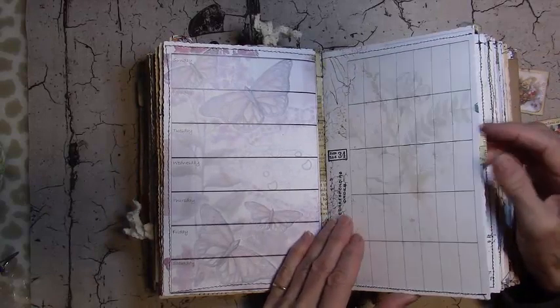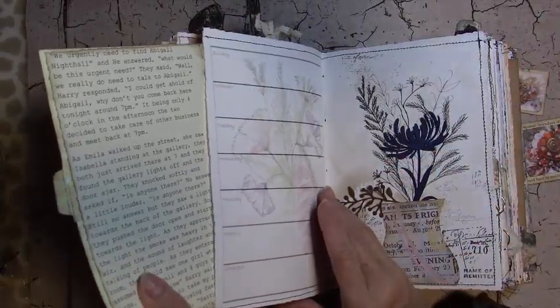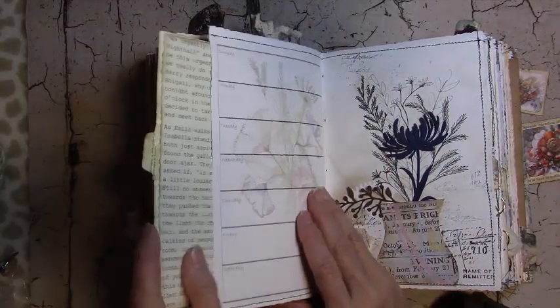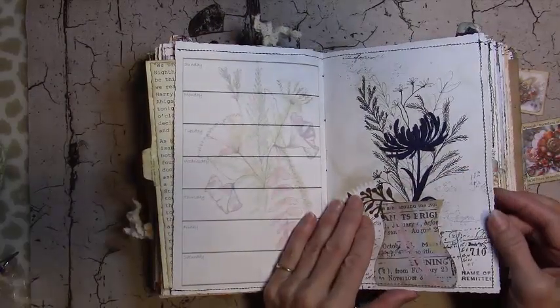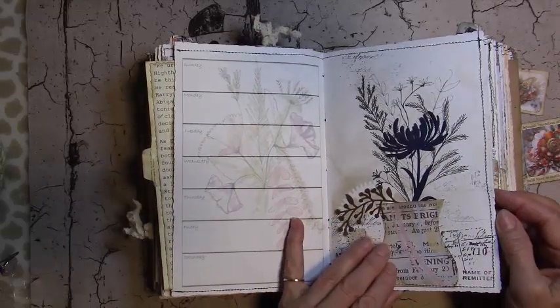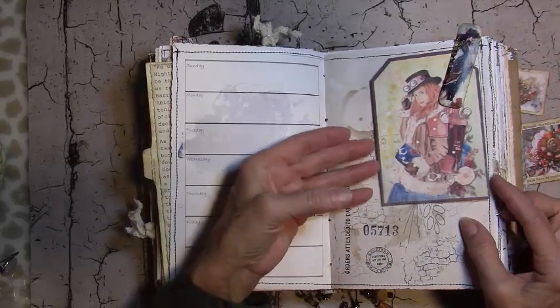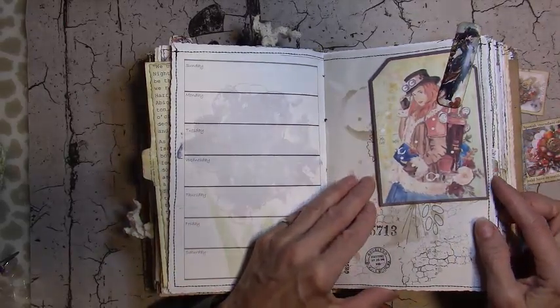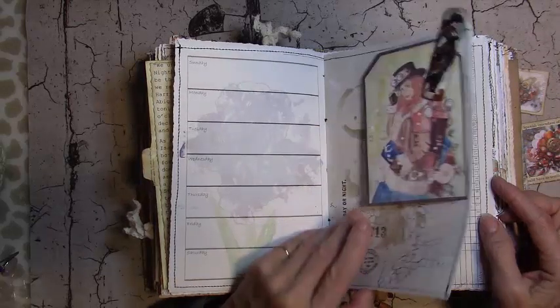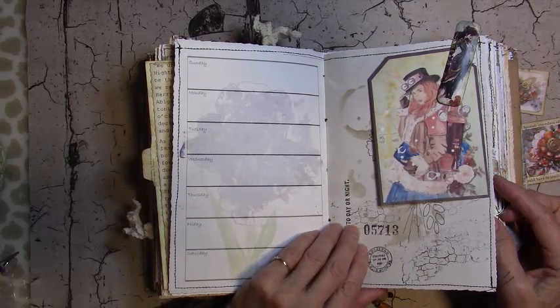"Excuse me, do you know an Abigail Nighthall or a Harry Rinaldo?" "Yeah, I'm Harry. What can I do for you?" "We urgently need to find Abigail Nighthall." And he answered, "What would be this urgent need?" They said, "Well, we really need to talk to Abigail." Harry responded, "I could get a hold of Abigail. Why don't you come back here tonight around 7 p.m.?" It being only 4 o'clock in the afternoon, the two decide to take care of other business and meet back